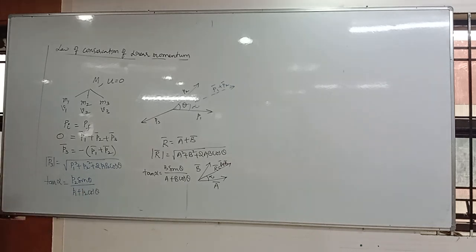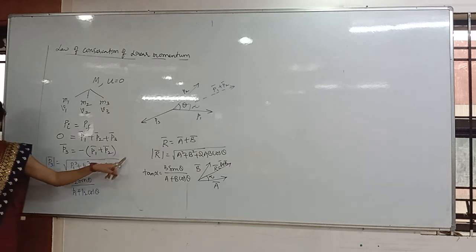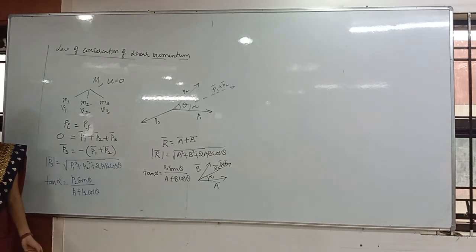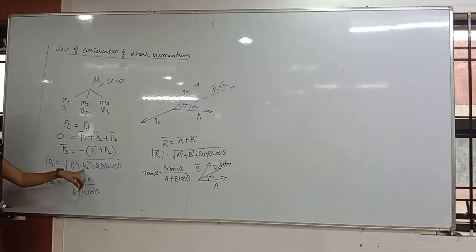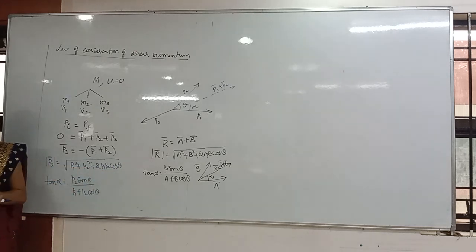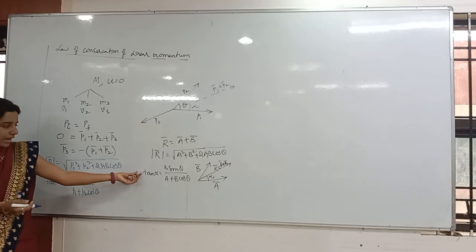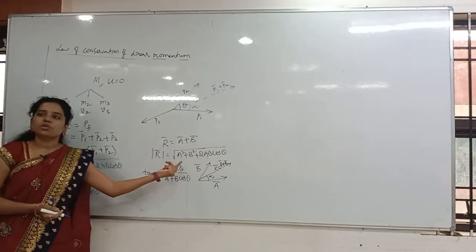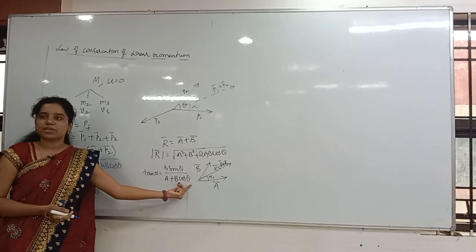Understand, right? So P3 is equal to the sum of the P1 vector and the P2 vector. For the sum of vectors, you have to find the magnitude, and at that time under root A square plus B square plus 2AB cos theta is the general formula. Everybody knows that. In maths also you will get it, right. So under root P1 square plus P2 square plus 2P1 P2 cos theta. Then after that I want the direction of that resultant. To find the direction of that resultant, we have the formula tan alpha is equal to B sin theta by A plus B cos theta.